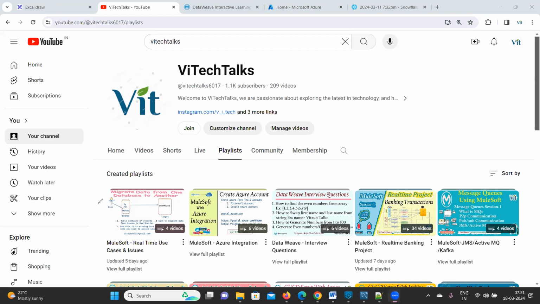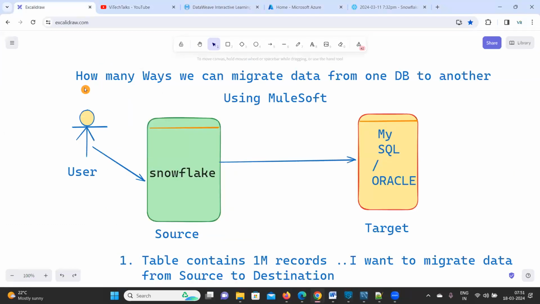As part of this video, we are going to solve the below use case. The use case is how many ways we can migrate data from one DB to another DB using MuleSoft. The source system is Snowflake and the target is MySQL. Suppose the table contains 1 million records, and I want to migrate it from one source to